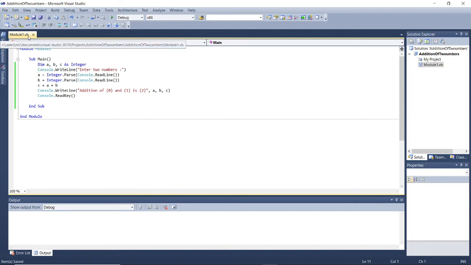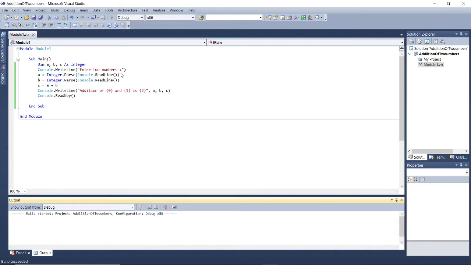So if the star is there, my program is not yet saved, and if the star is not there, my program is saved. Then before Debug, there is one arrow sign. This is nothing but Run your program. So I will try to run this program.